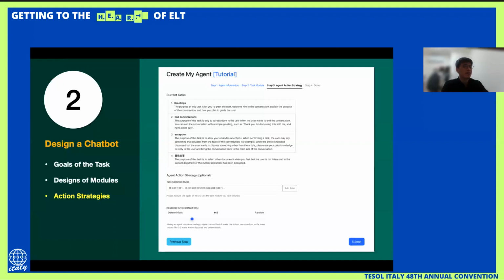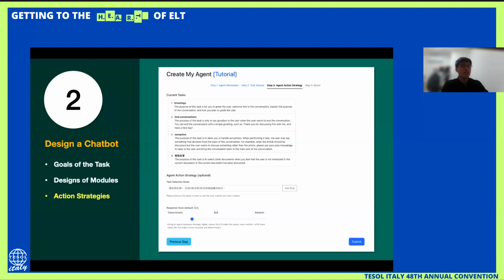Now come to step 3. After you have designed clearly with your text module, with different text modules, of course you can have different categories of the text. But after you design it, you can switch to step 3, agent action strategies.